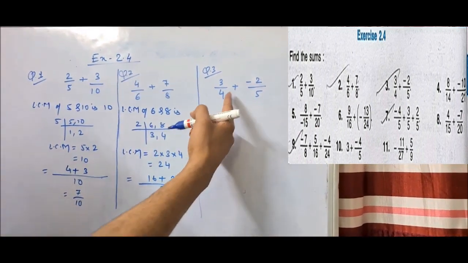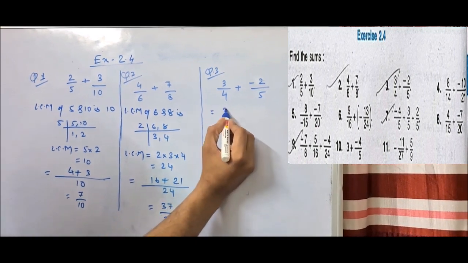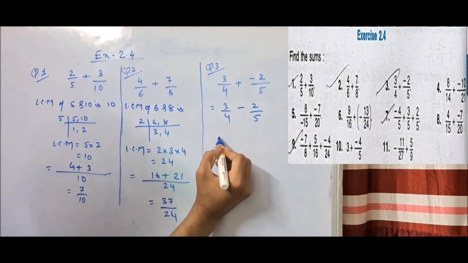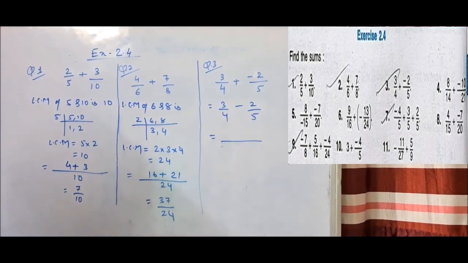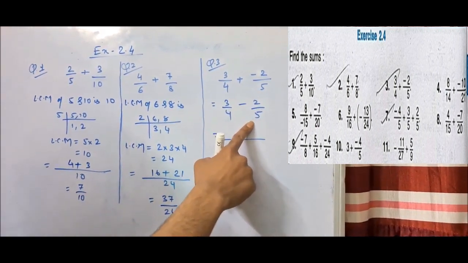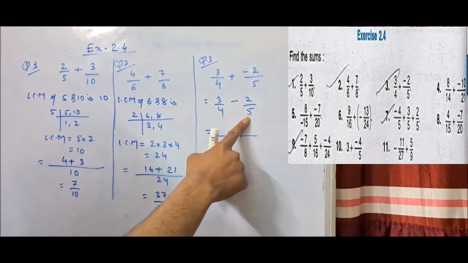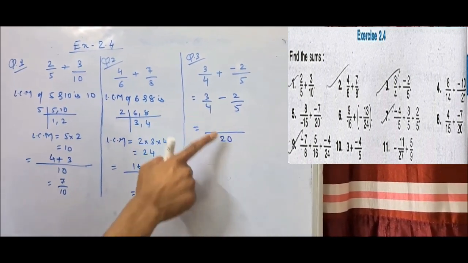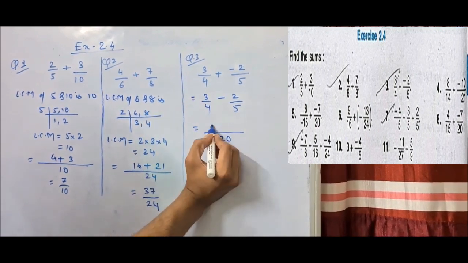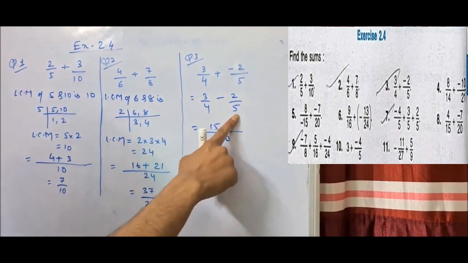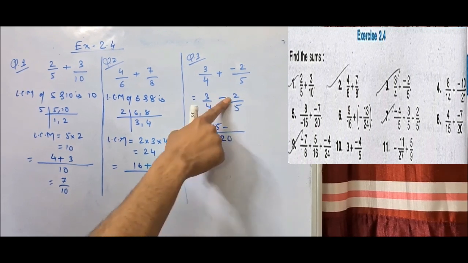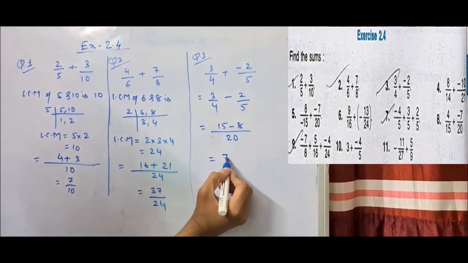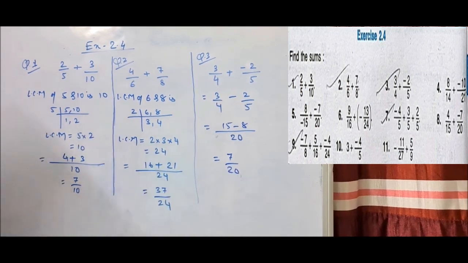Now let us go ahead with this. First here you can see that there are two signs. First we need to make it in a standard form. Plus into minus is minus. And here you can directly write down the LCM. Why? 4 and 5 are co-prime. So whenever you get two co-prime denominators, you can multiply them. 4 5s are 20. In the table of 4, how much is 20? So 5 3s are 15 minus. In the table of 5, how much is 20? 4s are. So 4 2s are 8. So what is the final answer? 15 minus 8 is 7 by 20.